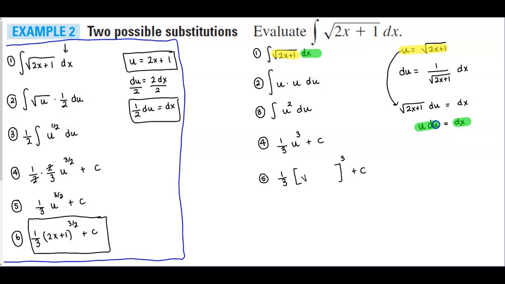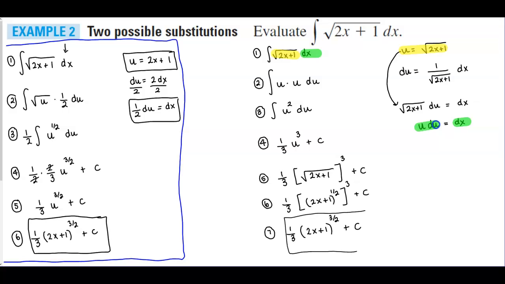Well, u is equal to the square root of 2x plus 1. And so therefore, this becomes 1/3 times parentheses 2x plus 1 to the 1/2 raised to the 3rd power plus c. And if we multiply that power of 3 times 1/2, then we're going to get the following: 1/3 times 2x plus 1 to the 3/2 plus c,